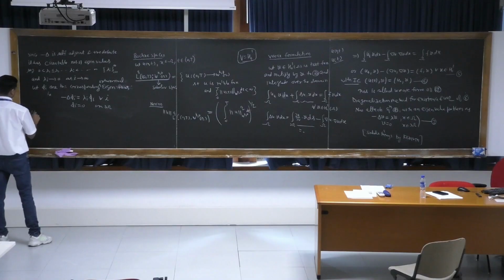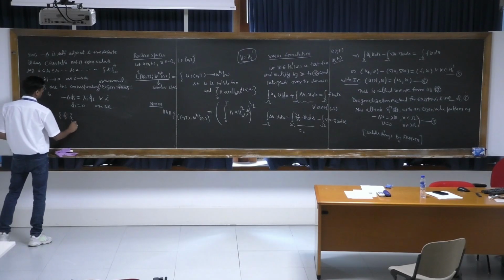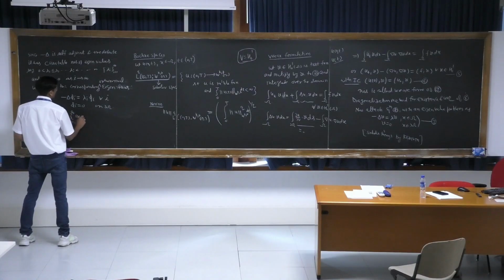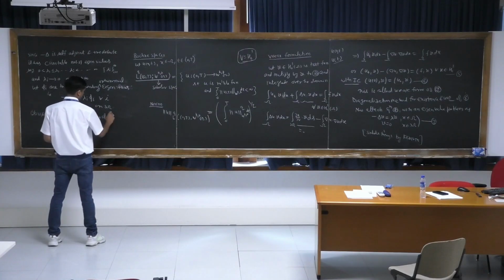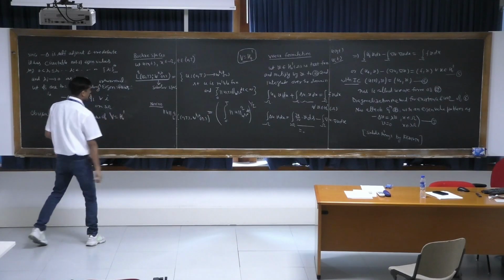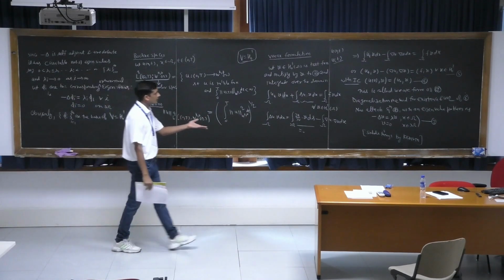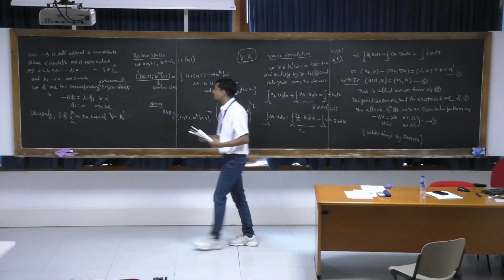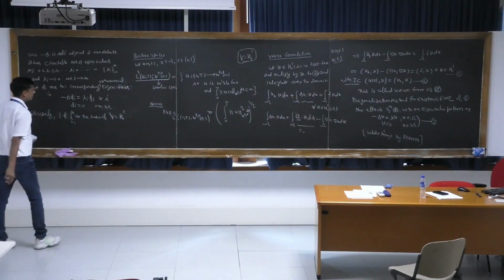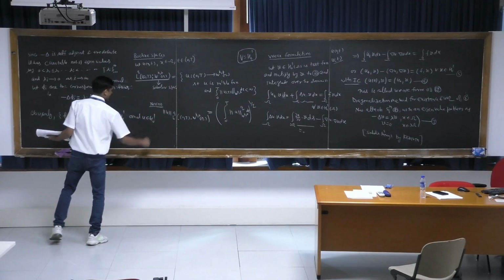Obviously, phi i, i equal to 1 to infinity, are the basis of capital V, which is equal to H01. And the solution u belongs to H01, then